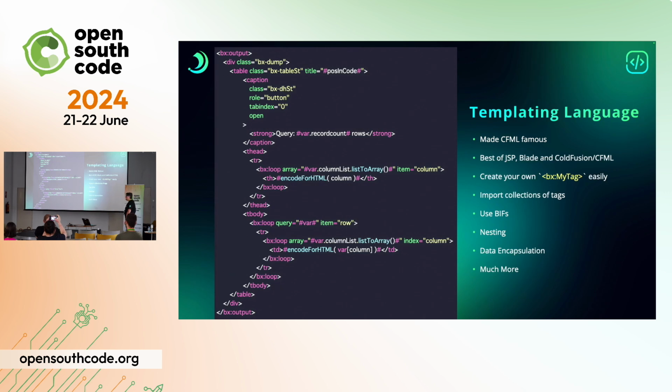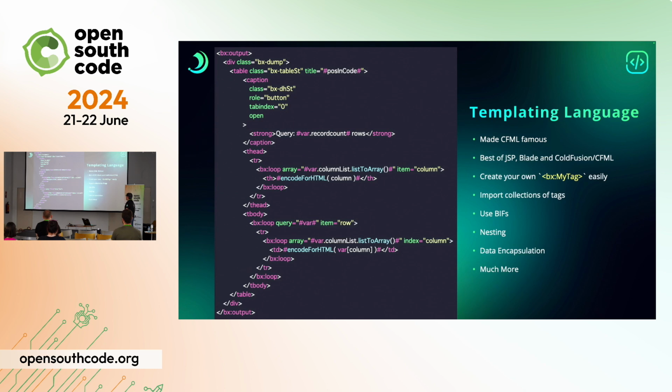Now, the templating language is also important. This came from the ColdFusion days. ColdFusion actually got it really, really well for a long time. They basically mixed JSP and Blade from PHP and ColdFusion, and we've kind of taken the best of all those worlds, and you basically have a nice way to actually do templating. You have this nice BX: and then the name of an actual descriptor. So in this case, I say I want to produce some output. Here's some tables. Here's my hash interpolation. Here is a loop over an array and an item. Here I'm encoding already for HTML. Okay, another loop with an item, with another loop.